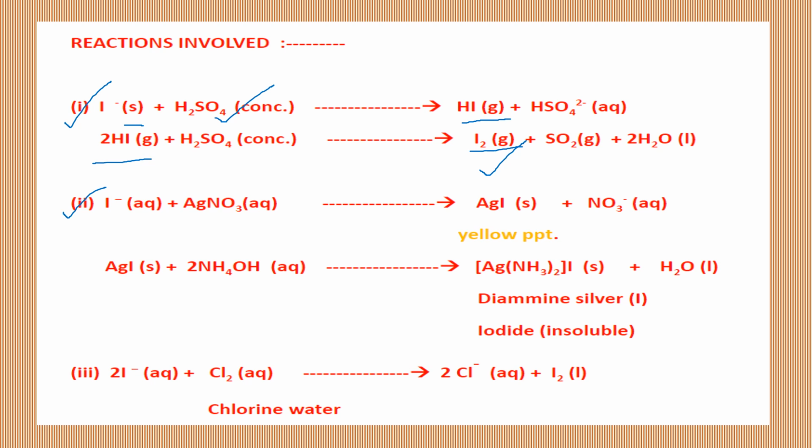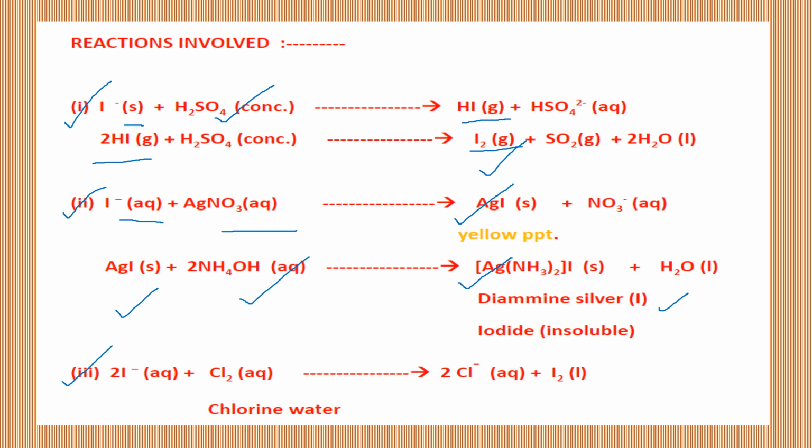First is the silver nitrate test. We take the aqueous solution of the given salt and add silver nitrate solution to it. The yellow precipitate of silver iodide shows that there is iodide in the given salt. If a small quantity of that yellow precipitate is taken separately and added to aqueous ammonium hydroxide, we get an insoluble solid. The observation is that the precipitate remains insoluble in the ammonium hydroxide solution. This confirms the presence of iodide in the given salt.